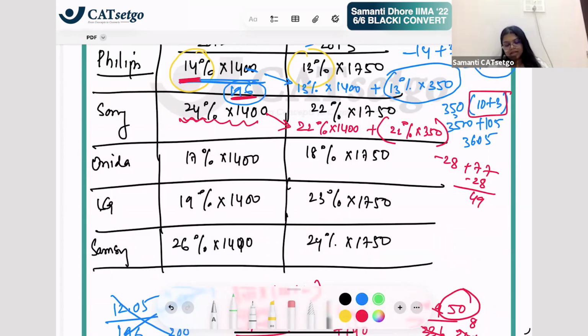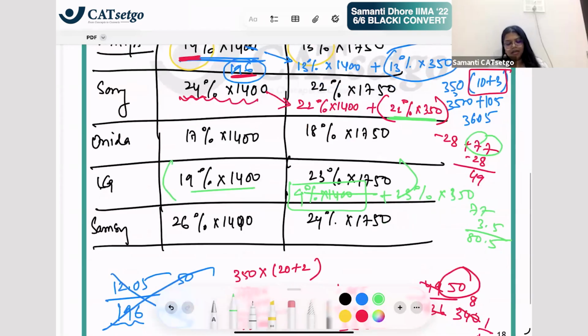ठीक है? Now in these kind of things, we can clearly say कि there could be an increase direct, right? Because 4% का increase तो 1400 पे ही है directly, है ना? And 23% का increase है तुम्हारा 350 पे. Now ये 23% का increase is very much like 22% का increase, which was 77, plus 1% increase लगा लो, that is 3.5. 23% is what? 22% plus 1%, that is 3.5. So it will be 77 plus 3.5, which is 80.5. So this is 80.5.